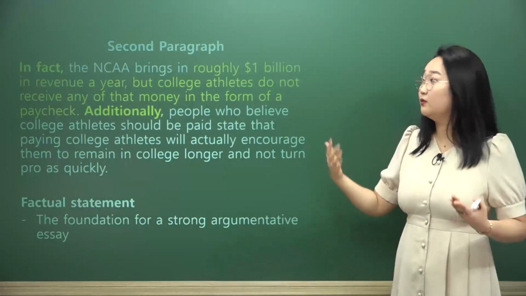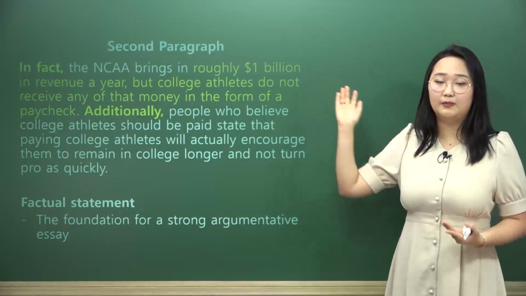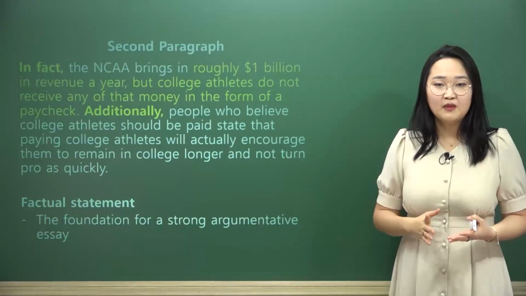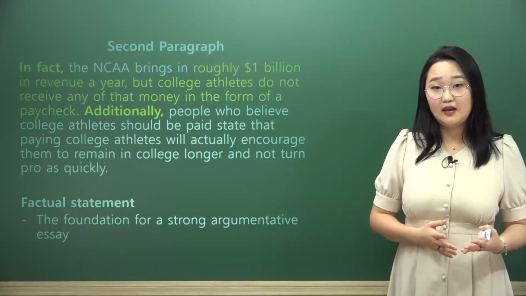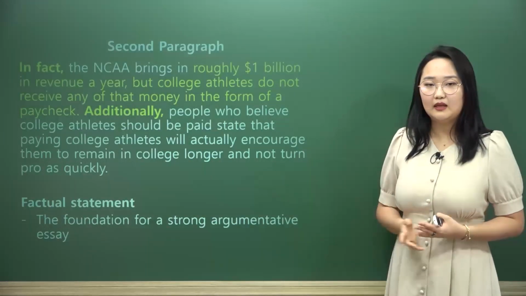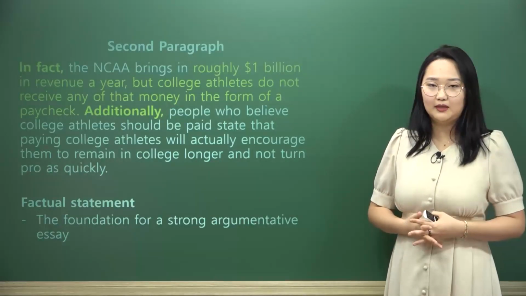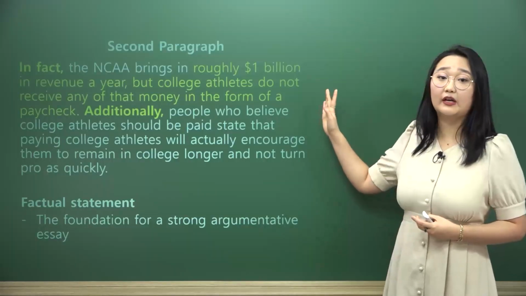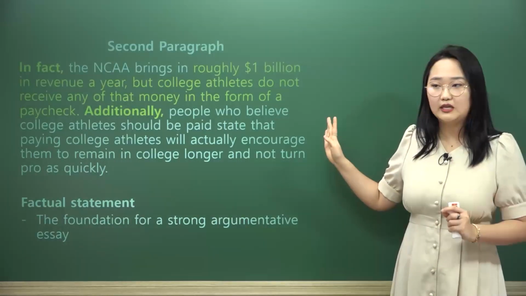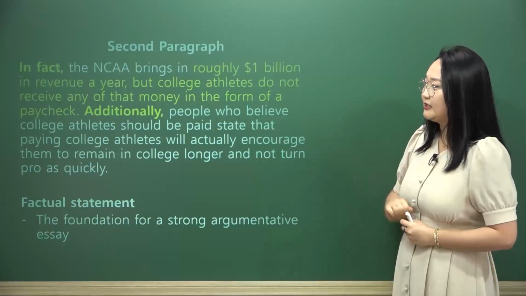Here, our concrete detail would be the fact that they bring in roughly $1 billion in revenue a year. Now, this has to be substantiated with some sort of citation, I would say, and we need some kind of proof that they're not making this kind of information up, which is something we're going to be talking about in a bit more detail. But for now, I would argue that this is a very good concrete detail, especially for the point that this student is trying to make.